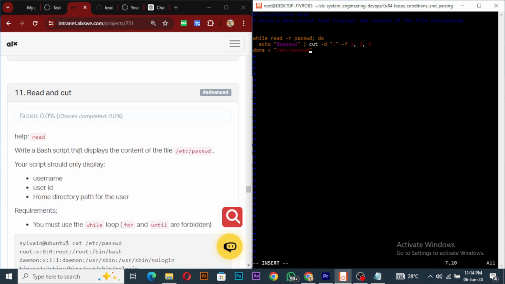So write a bash script that displays the content of this. But your script should only display the username, user ID, and home directory. So we just want to display these three things, and these three things, if you check the etc password,